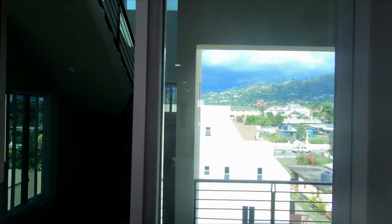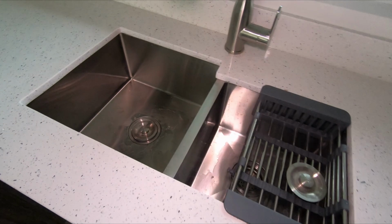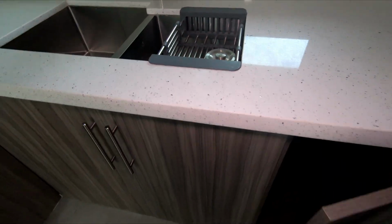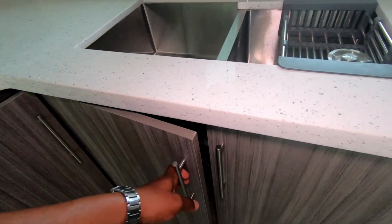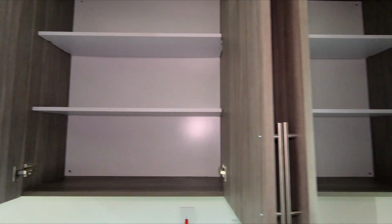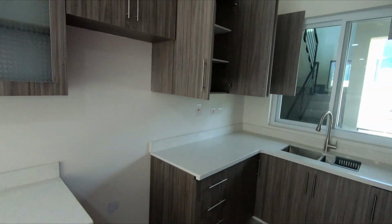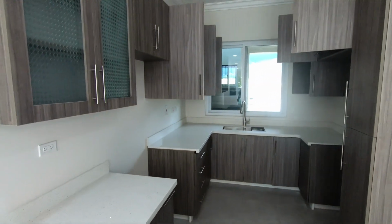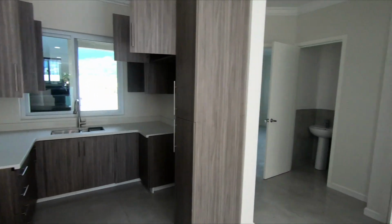We have a large glass right here. This is a beautiful touch as well. This sink, double bowl. Beautiful. Lots of cabinet space inside this kitchen, so you don't have to worry at all. Let me just give you a final look of the kitchen. That's it. And we'll move off into the